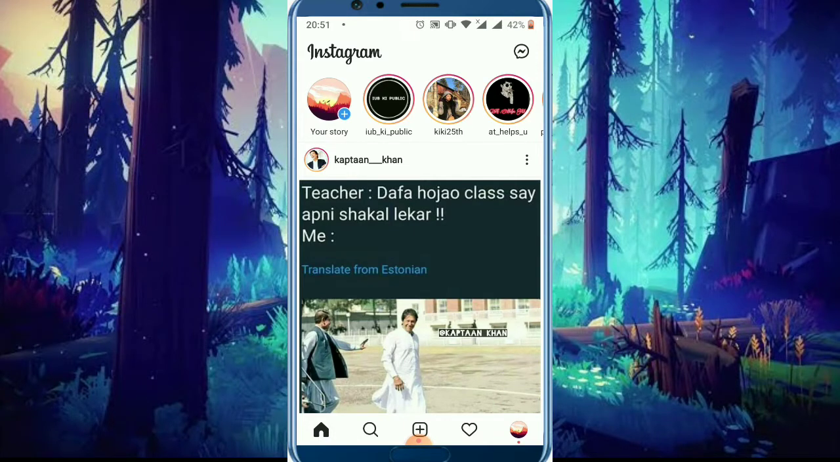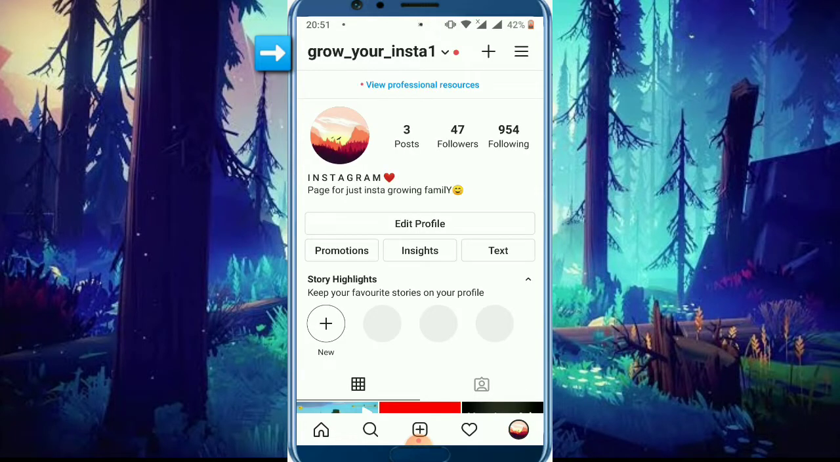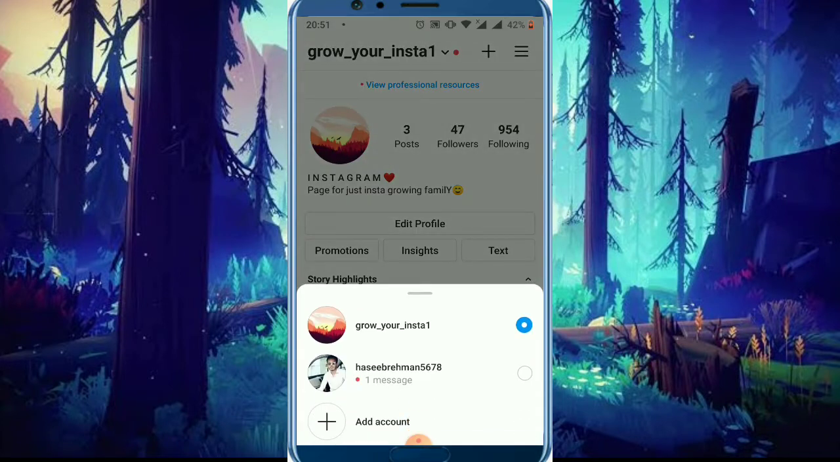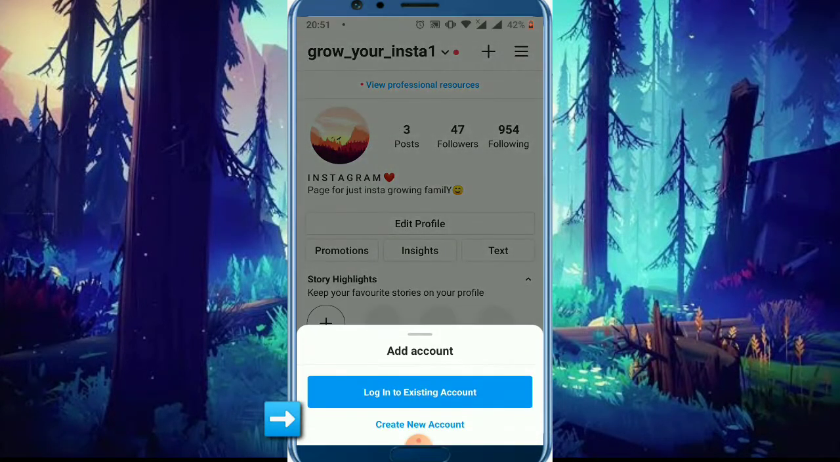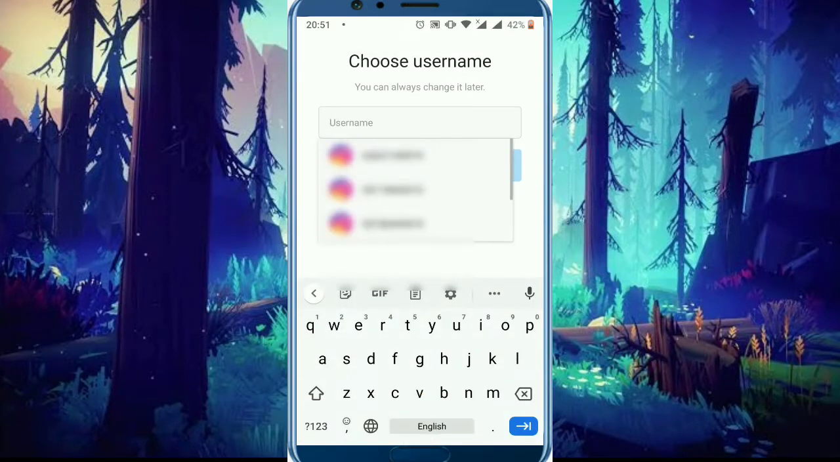After tapping on your profile picture, you have to tap on the username on the top of the home page. Then tap on the add new account and then tap on create a new account. After this, you have to enter your username on which you wanna create your new Instagram account. Like I enter here